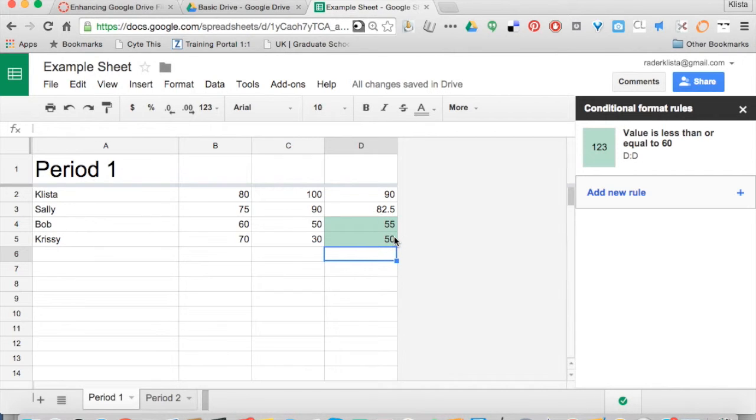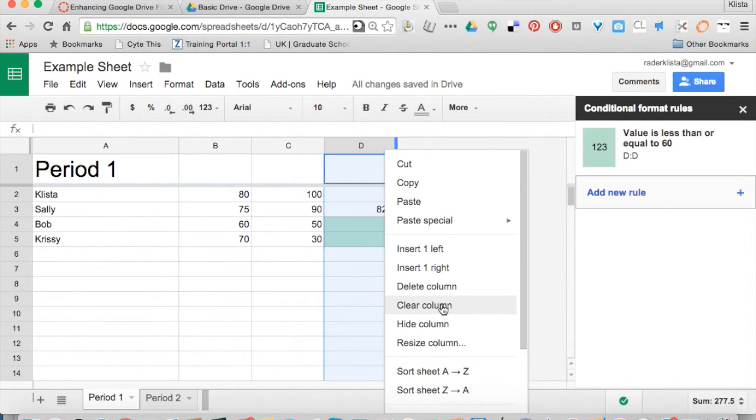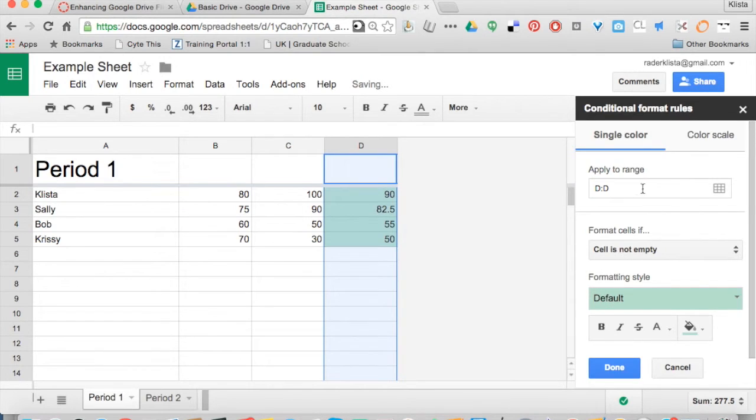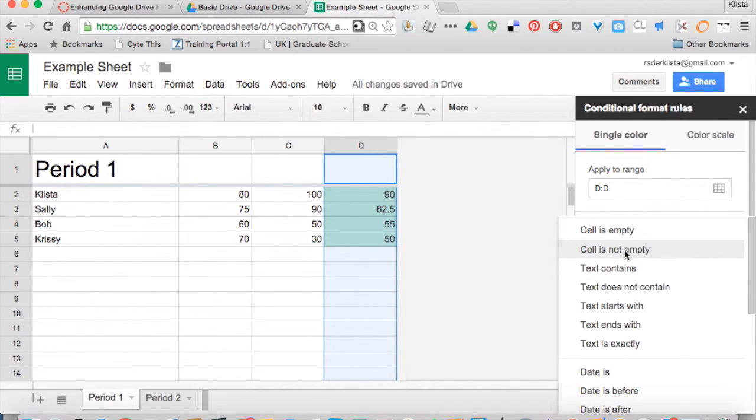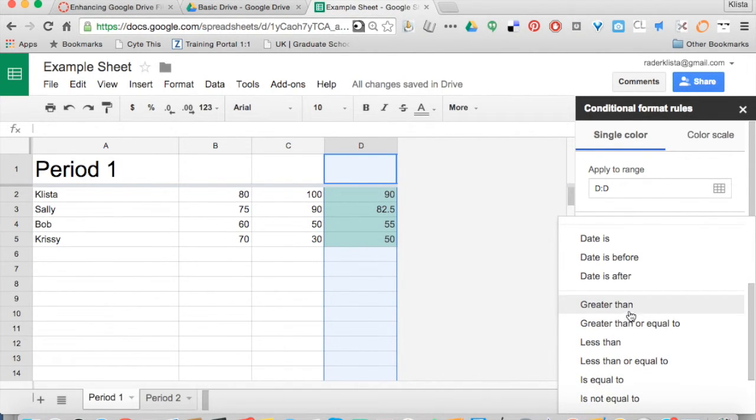So there's lots of different ways you can use this, and it just depends on what you might need this for, but I have found that I really, really like the conditional formatting. For whatever reason, the colors just stand out to me and make things a little bit more prominent. I can add new rules to the same columns too. So let's say that within this column I wanted to add a new rule, and I want, if my cell is, let's say that it is greater than